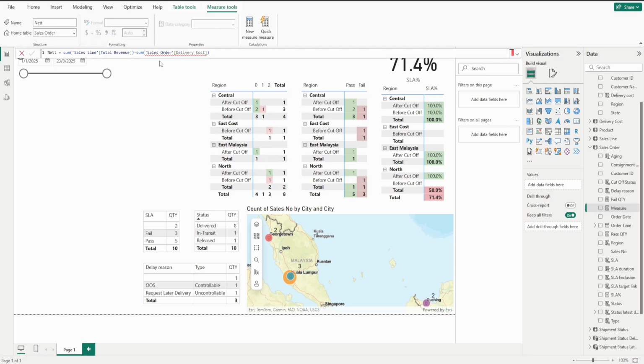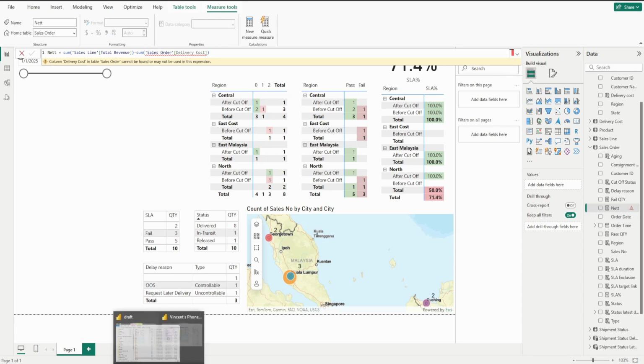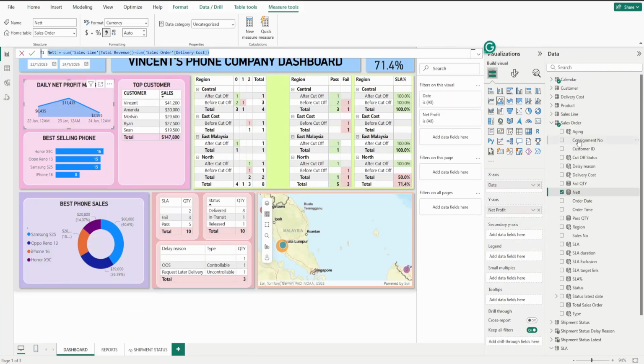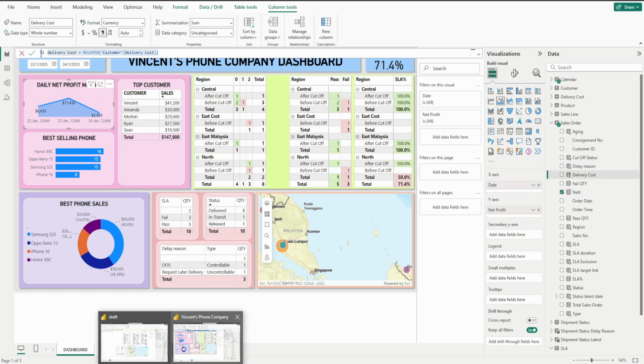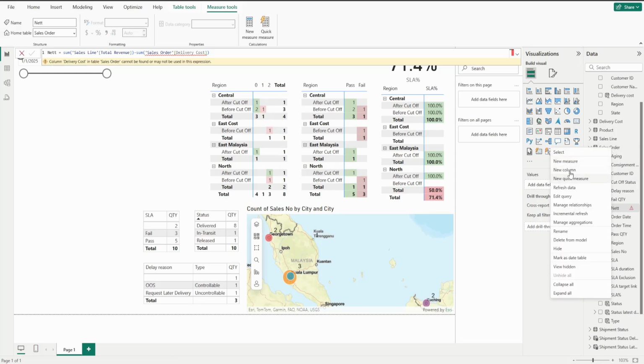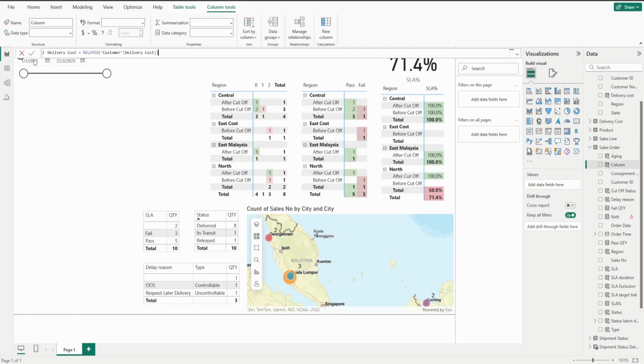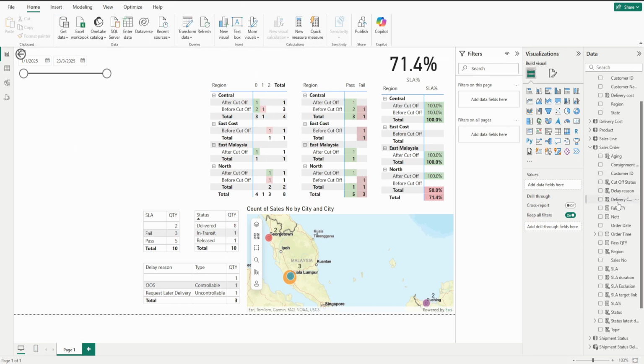Okay, let's commit first. We have an error. I need to have this particular information, sales order, delivery cost. Go back to here, sales order, delivery cost. Add over here, delivery cost from customer table. Go back to my drafting Power BI, new column, sales order, delivery cost. Let's commit it, then we can know all the delivery cost for each orders,